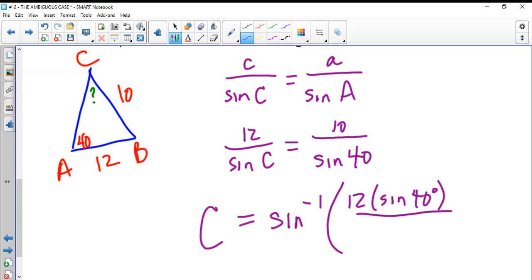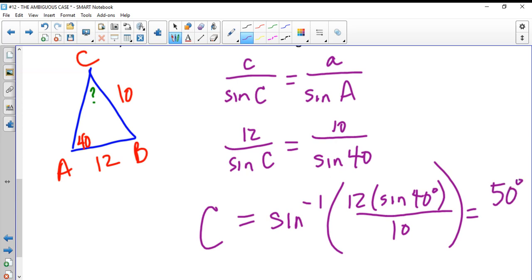equals 10 times the sine of C. Then we'd divide both sides by 10, and this is what we'd end up with. If you didn't get that far, you can do each step and you'll work your way to this. As far as me telling you to show work, this is easy algebra. You should be able to go right to that step, but if you can't get it all in your head, that's okay, write out all the work. It doesn't matter. Plugging this into your calculator, you'll get about 50 degrees